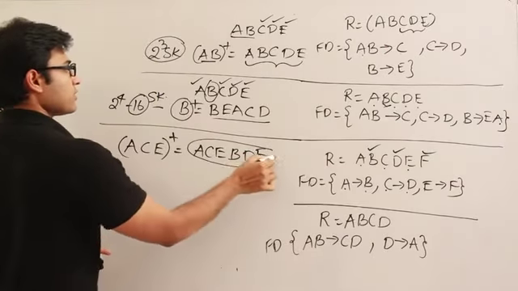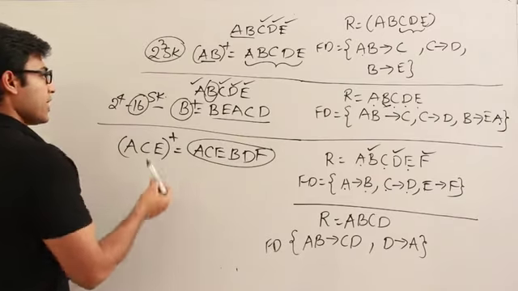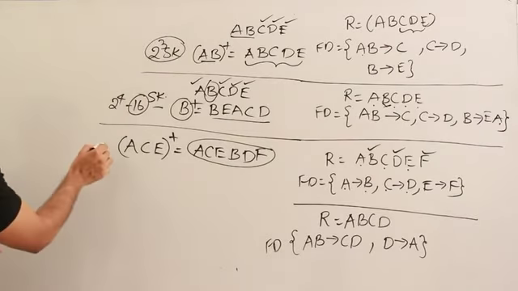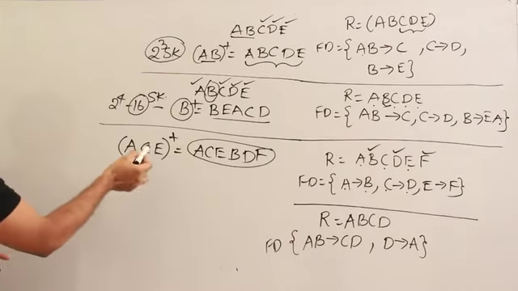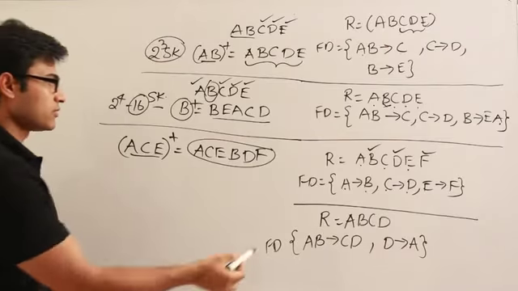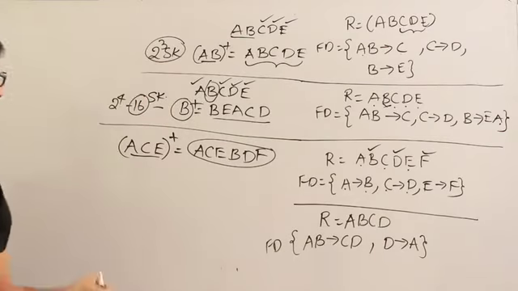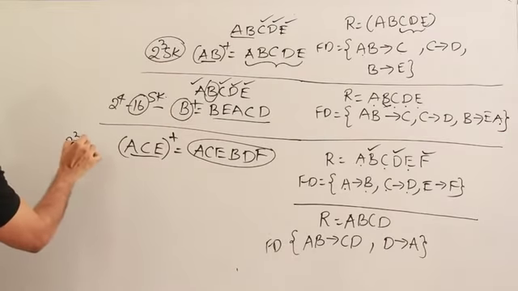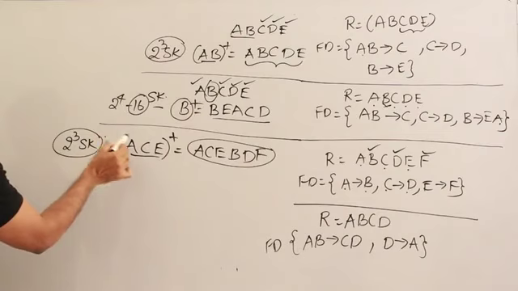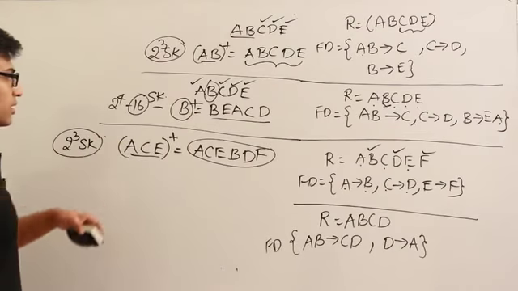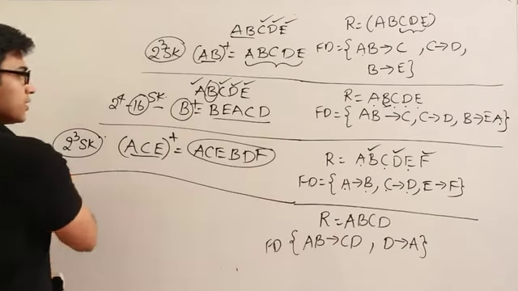So I got everything, right? Therefore only one candidate key. And what about the number of super keys? The number of super keys possible will be, if you remove these 3 attributes from here, we get 3 attributes. Therefore 2 power 3 super keys are present, right? And these are the one candidate key, right?